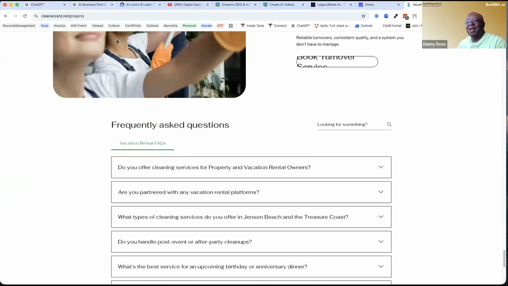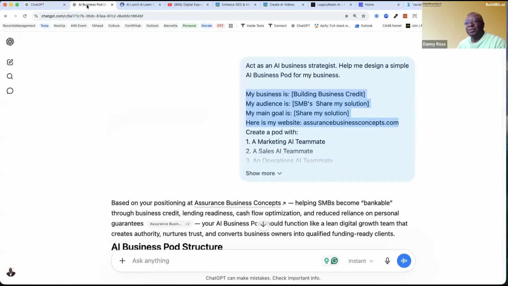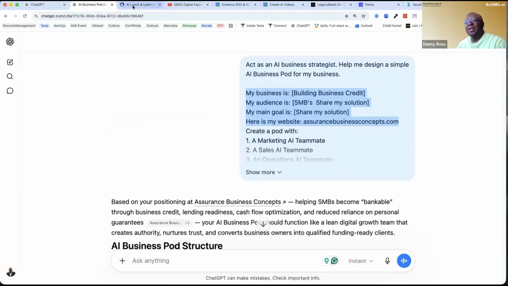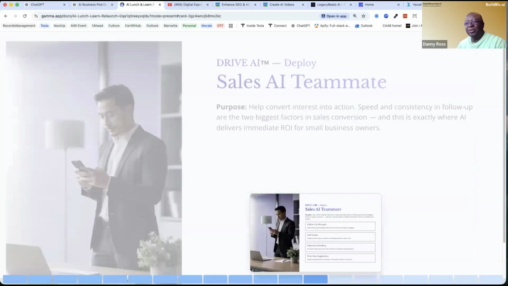And then if I go down to the bottom, here's all the FAQs again that the AI is looking for, right? Do you support property, Airbnb type businesses and things? Yes, comprehensive answer on every page related to the content. And that's what we're talking about. You need to be able to deliver. So if I look at all of this, yes, all of these things are really, really important.